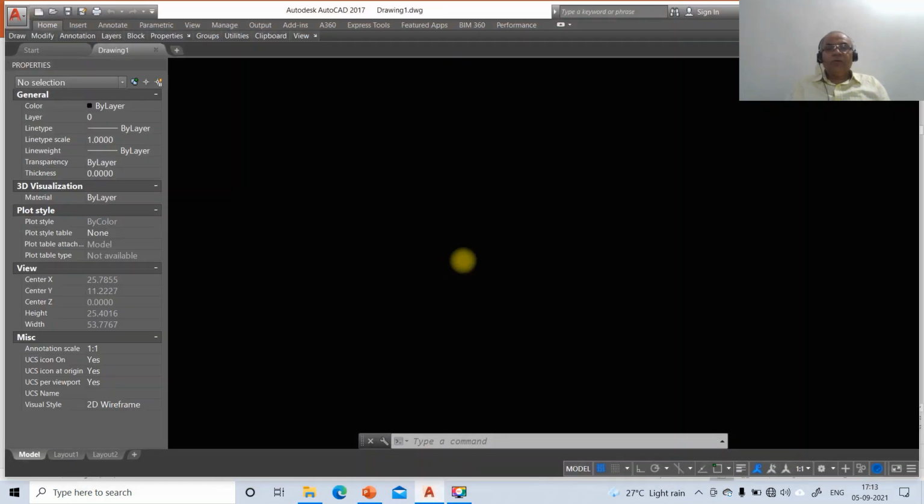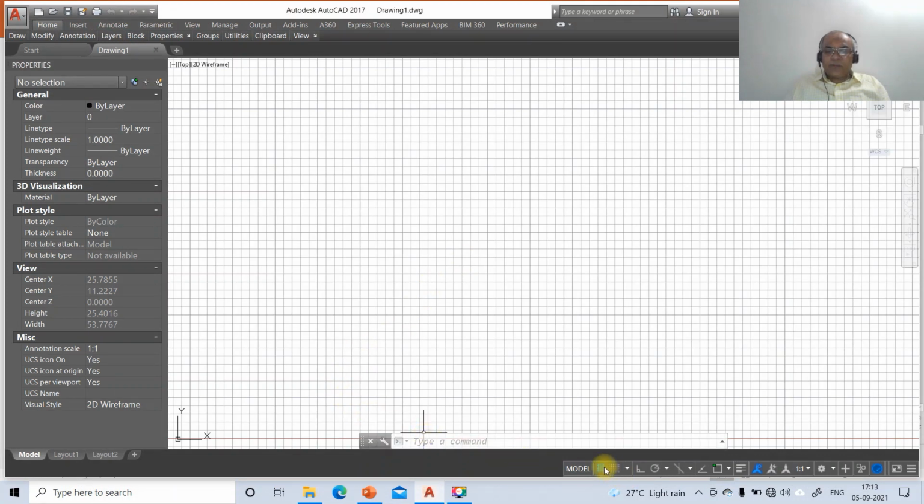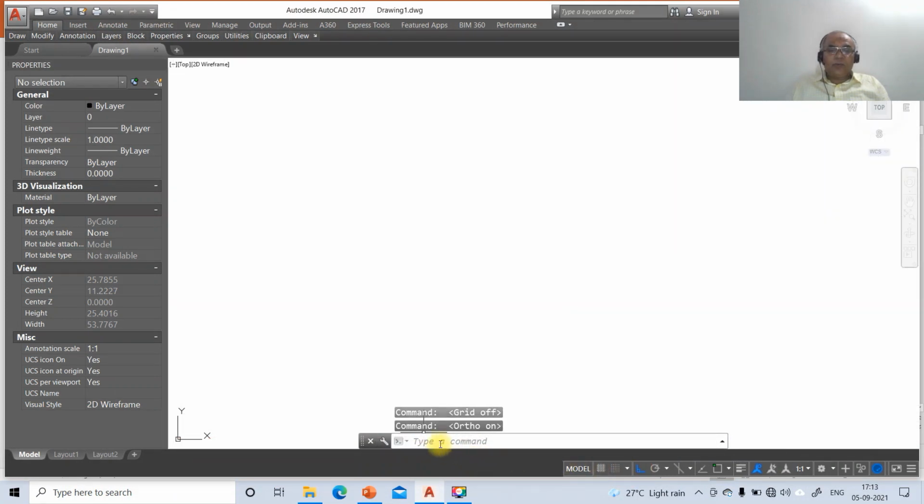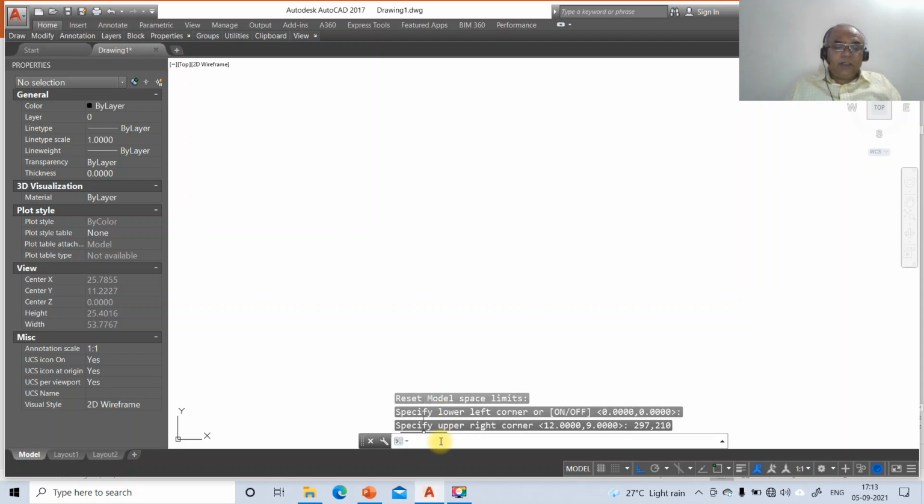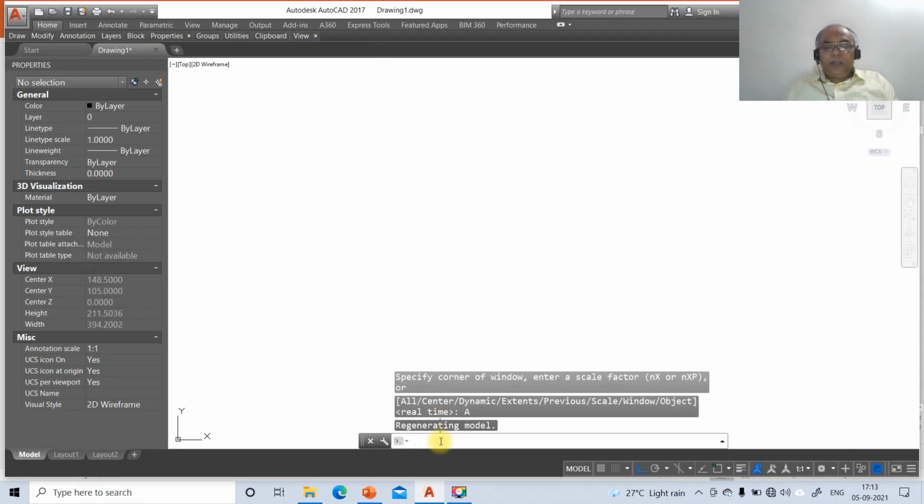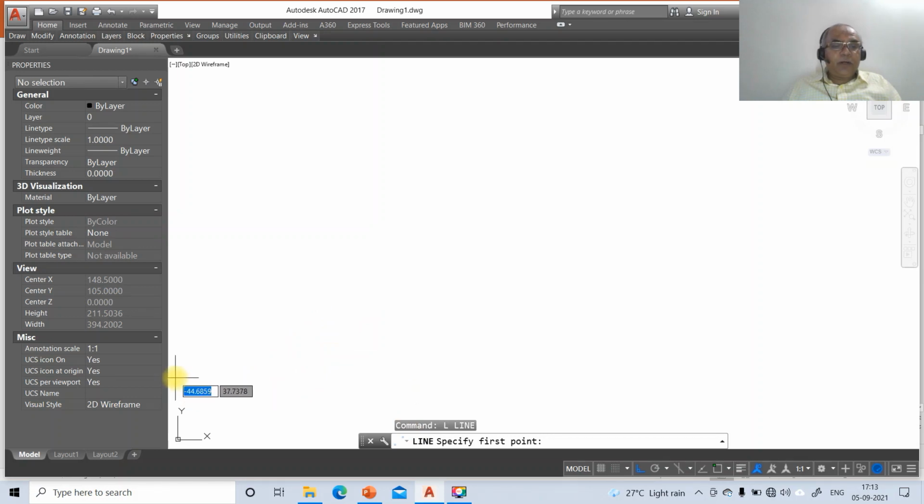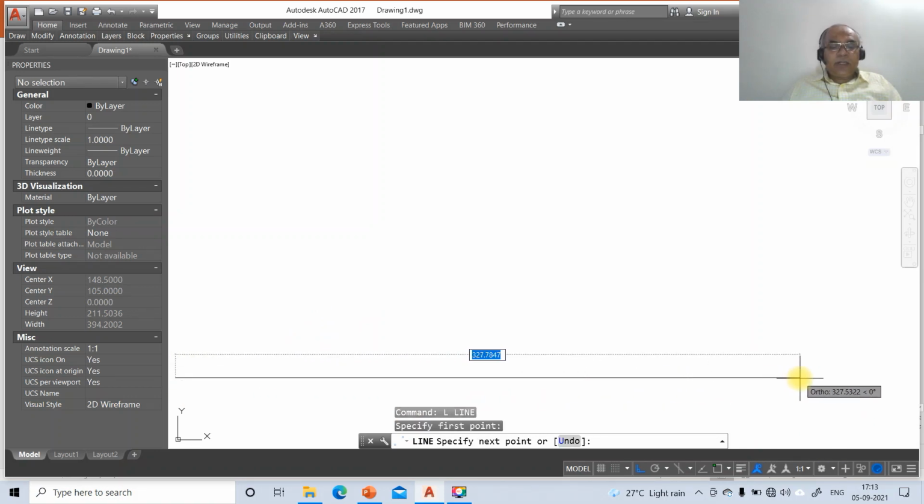So to do that, first we'll go for the AutoCAD screen, switch off the grid mode and switch on the ortho mode. Now the command is limits. Now we go for limits. Specify lower left corner 0, upper right corner 297, 210. Then zoom all. Then go to line, select some arbitrary point, give the direction through the mouse and give the